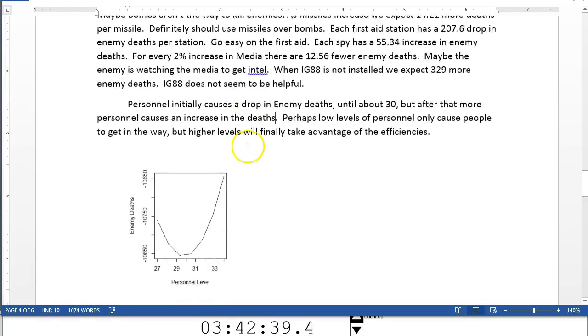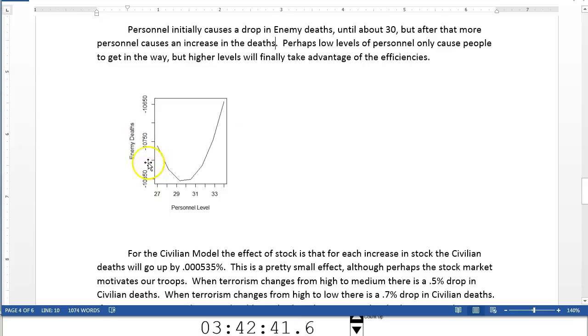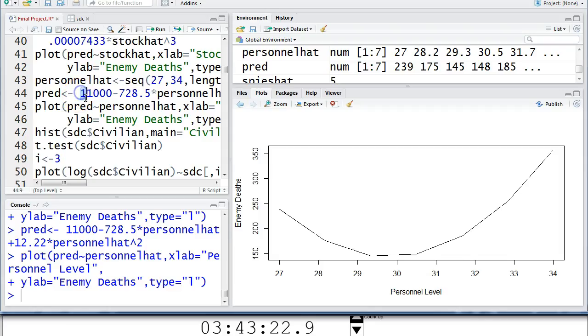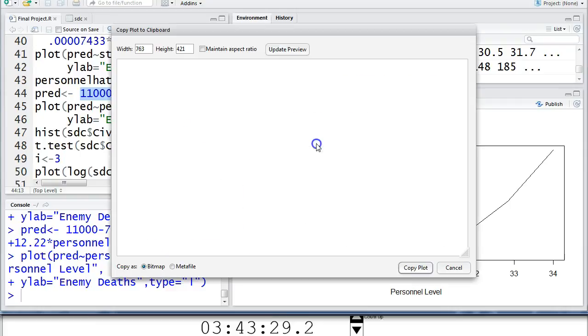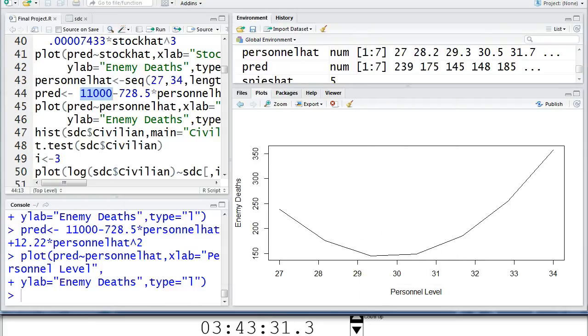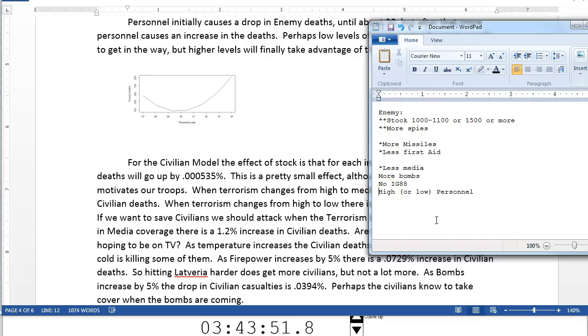And doing this, I also noticed, look at this, enemy deaths negative 10,000. That was terrible. How did I not even notice that? So I'm going to go back into my code here, and I'm going to give it a big number just to bump this up. And now that looks a lot better. Let's use that instead. How big an effect is that? Yeah, I think I'll give it maybe 1 star.